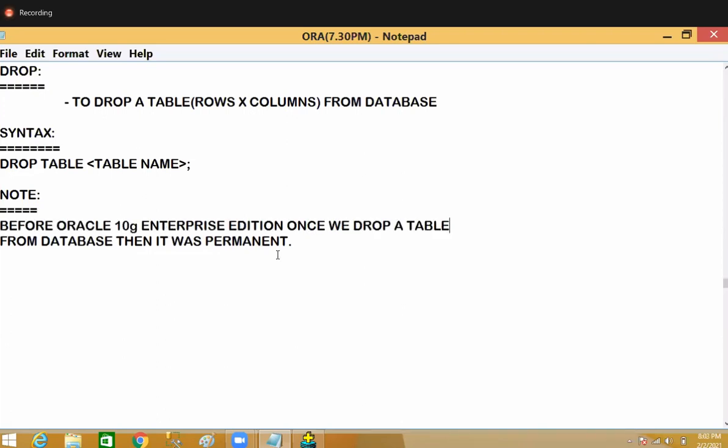So now the point is what? Before Oracle 10G Enterprise Edition, it means Oracle 8i, Oracle 9, Oracle 7. So what about the versions before 10G? In the versions before 10G, once you dropped a table, that was a permanent dropping. Yes or no? But from Oracle 10G onwards,